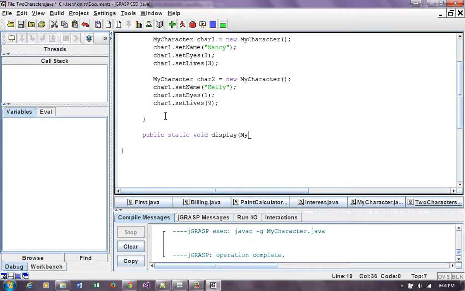Now this particular method that I'm creating right now is going to just do the displaying. The logic behind this is, if I want to see who the character is, how many eyes and how many lives they have, I really don't need to write it all separately, so I'll just do it all in one fell swoop. That's really the rationale here. So I'm just going to do a System.out.println, spelled correctly, and I'm going to say